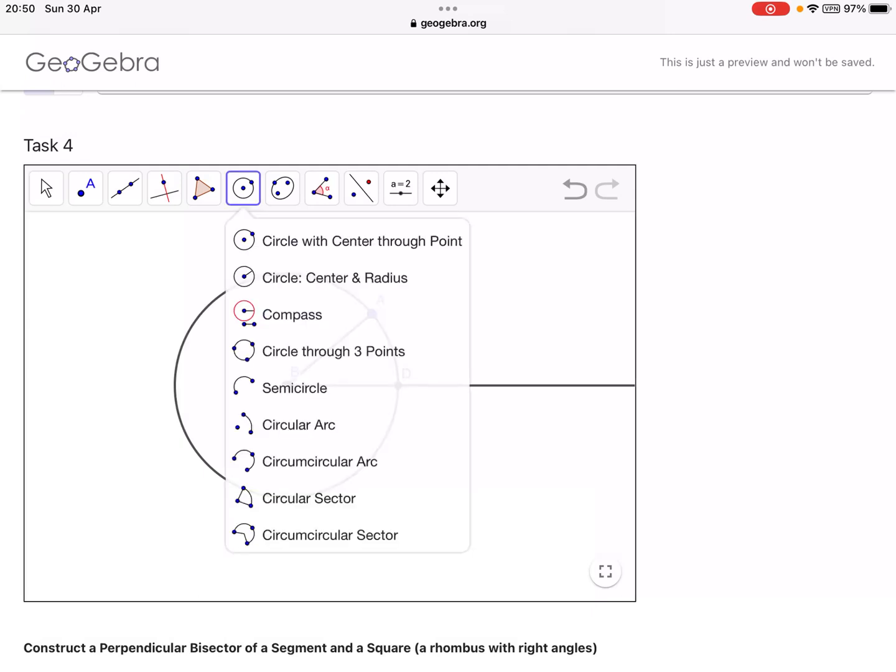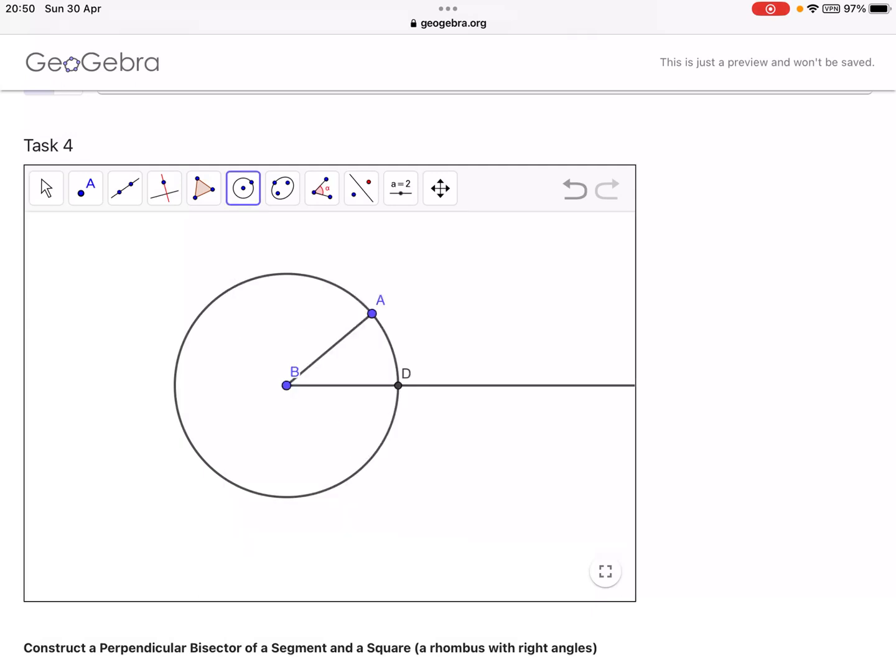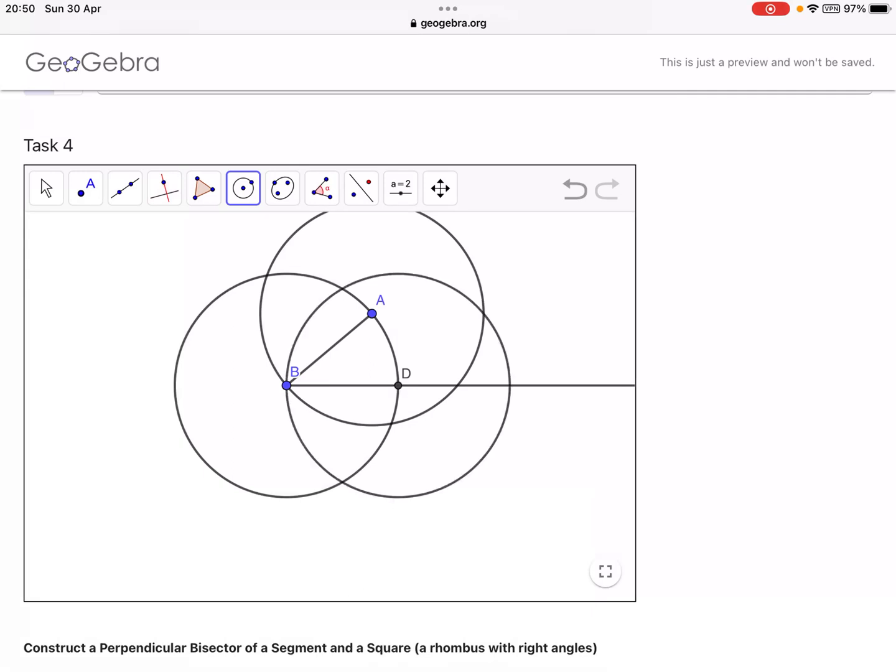So I'm going to add a few more circles, but I'm not going to use B as my center. I'm going to use A instead as my center. So that gives me this one, and I'm going to use D also as my center. Okay, now that I've done that, you'll notice that there's an interesting point right here where my 2 new circles have crossed. I'm going to add some line segments from A to E and D to E, and I'm going to label this up right now just to prove